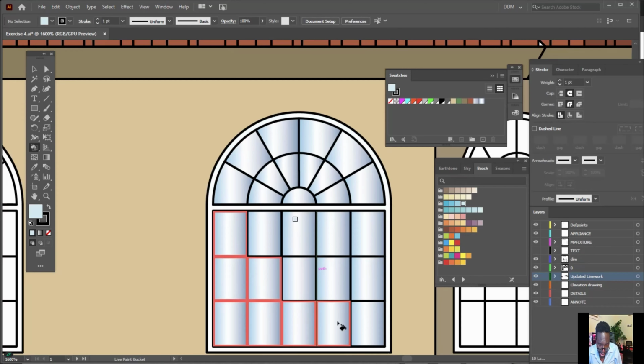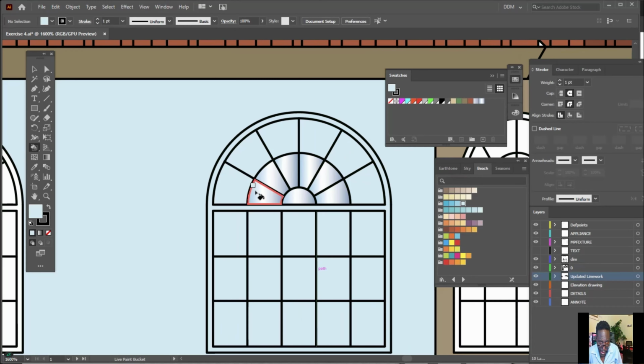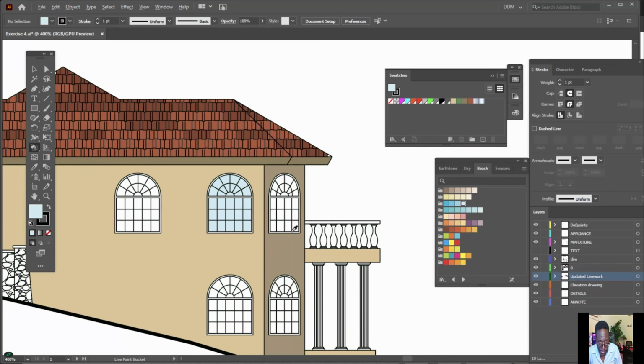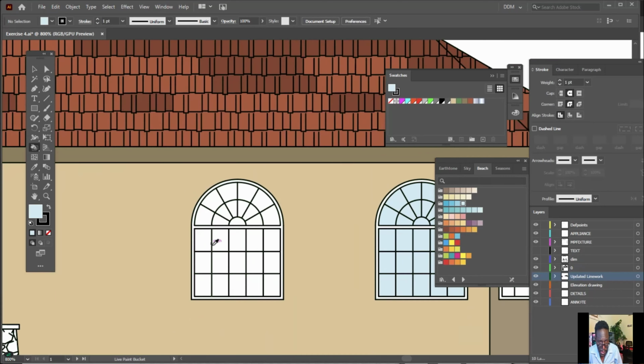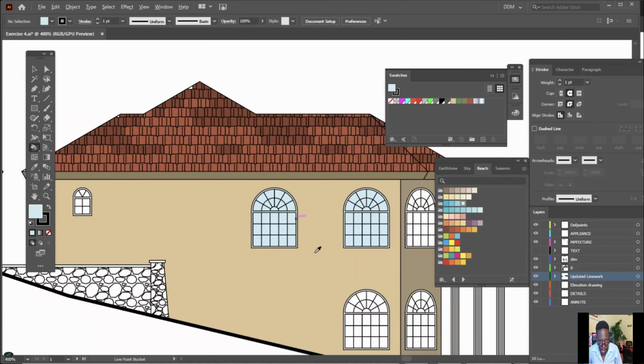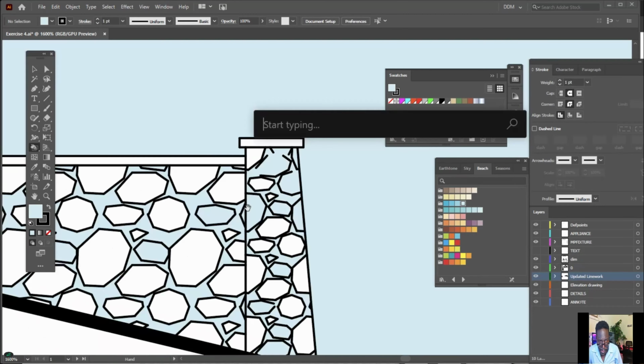So let's try this now. And this will give us a kind of flat color, which, oops, let's undo, which may work. It's going to be up to your preference to choose what color you would want here. There we go. Okay, now for the stone wall,